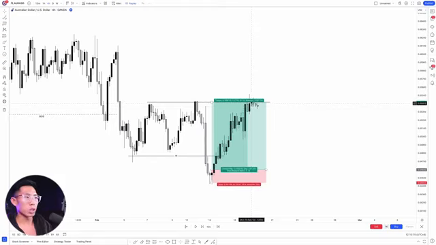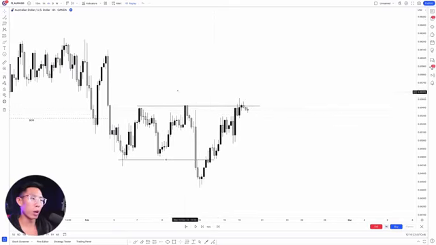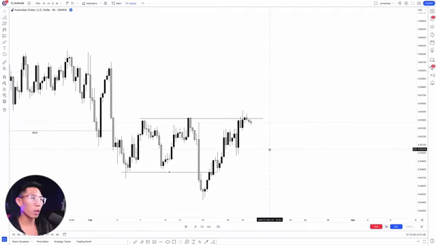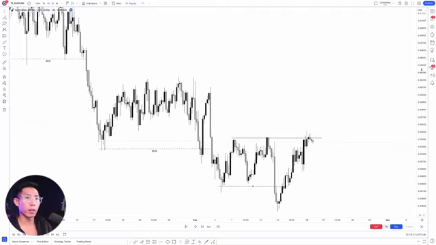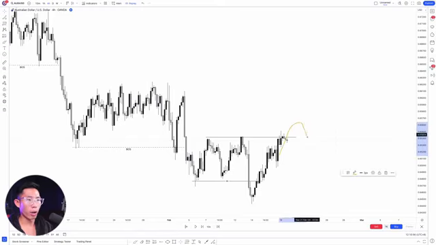And right now, since we are out of this trade, potentially we have identified equal highs right here. We're going to be waiting for price to sweep the liquidity above these highs right here, and then that is when we can enter for a sell position, right? Because if you look at the overall trend, we are still in a downtrend, and ideally, we want to trade with the trend. In that scenario, we want to be looking for our sell position at these lower highs that are forming right here. So chances are right now, price is potentially forming a new lower high before heading back down.